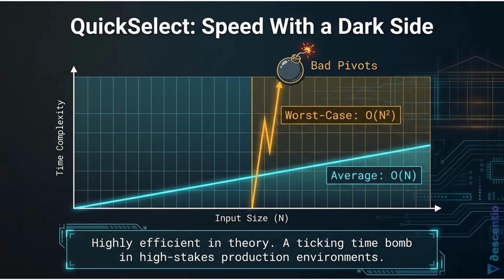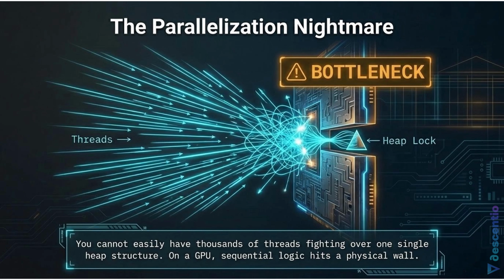It really would. And that brings up an even harder constraint. A latency spike on a standard processor is bad enough. But what happens when the physical hardware itself just flat out rejects the algorithm? Oh, this is the GPU curveball. Yes. We know that code doesn't execute in a vacuum, right? It runs on specific microchips. If we move this workload from a CPU to a GPU, for instance, both heaps and QuickSelect completely fall apart. Because they are incredibly hard to parallelize.